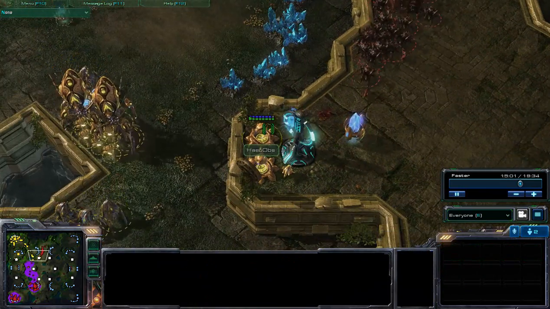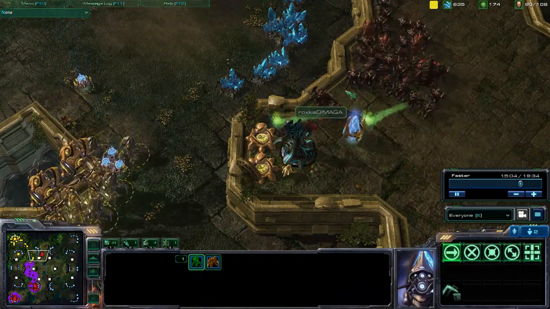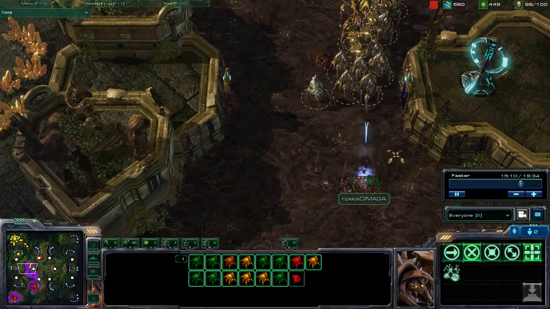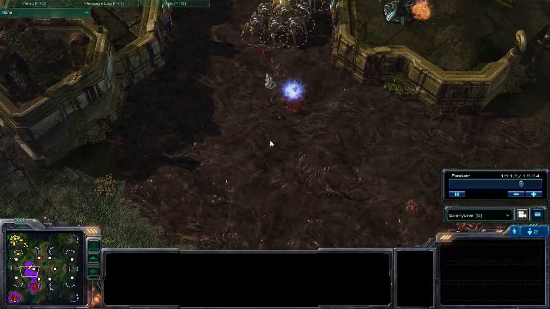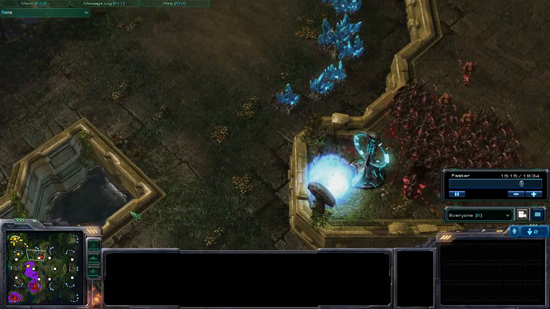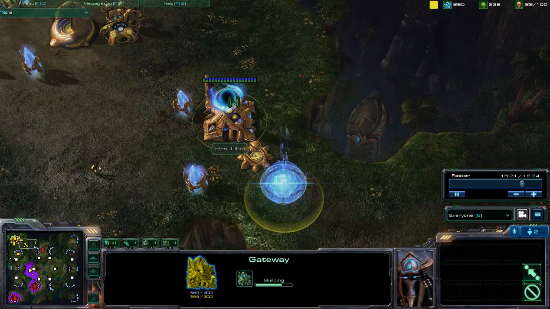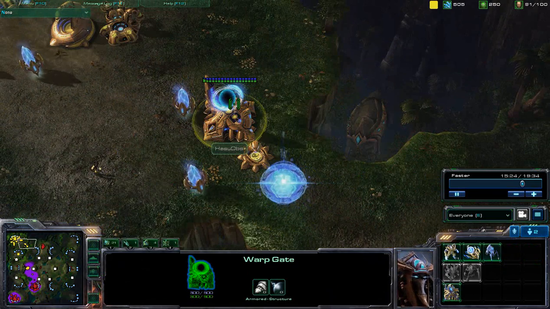Zergling trying to come in, one Zergling getting taken down. Colossus should really be trying to focus down and engage in that fight, but no, perhaps going for the kill instead. So DIMAGA now going for the kill, making sure that those units are just stuck on that top ground. We do in fact have a secondary gateway, no additional sentries here however,